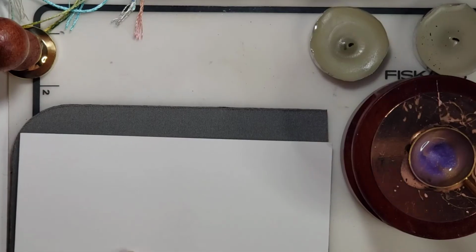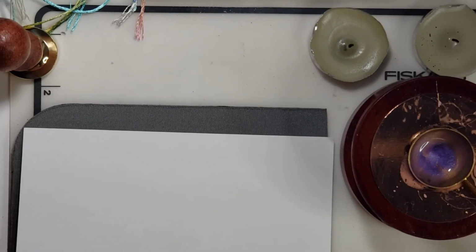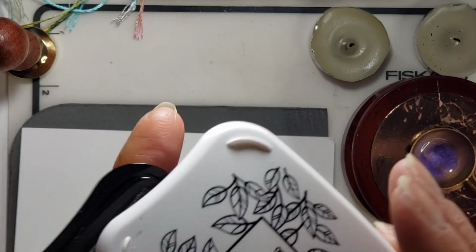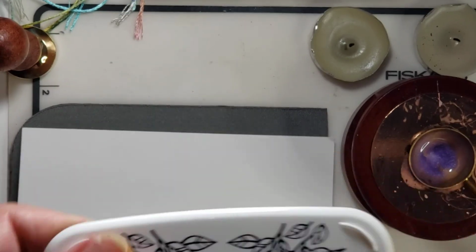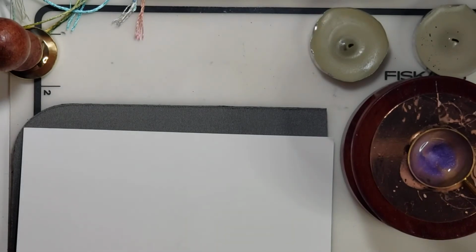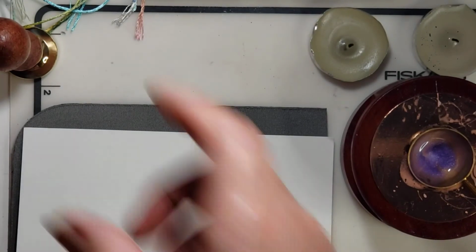Oh, I wanted to try something. Hold on. All right, I'm back. I was going to see if these were able to stamp. So this is my favorite ink. It's VersaFine Onyx Black ink. I like it just because it's a pigment ink. It's nice and